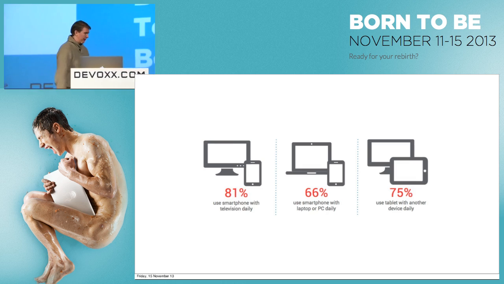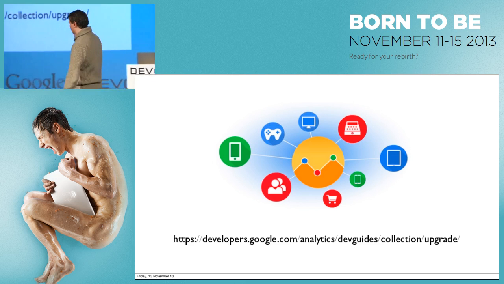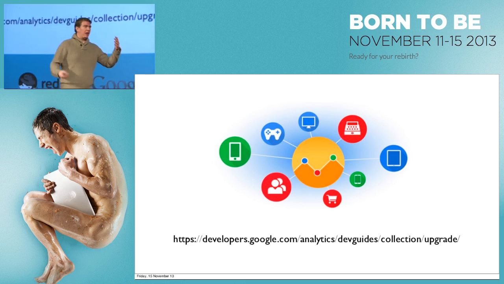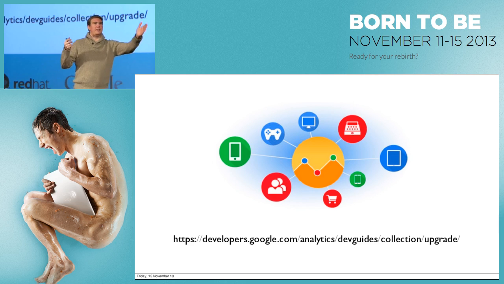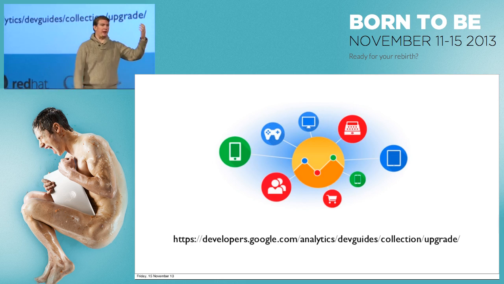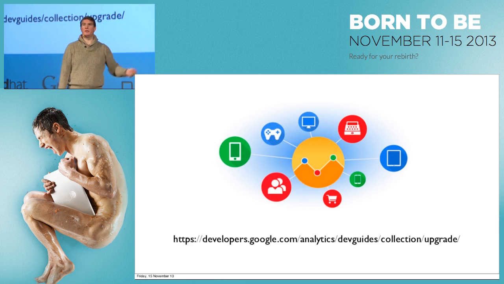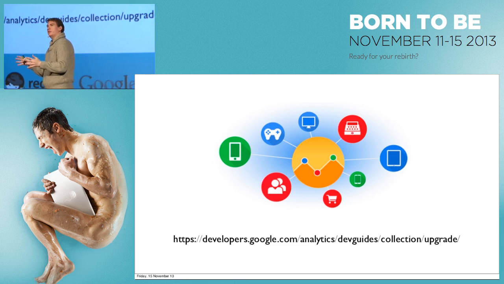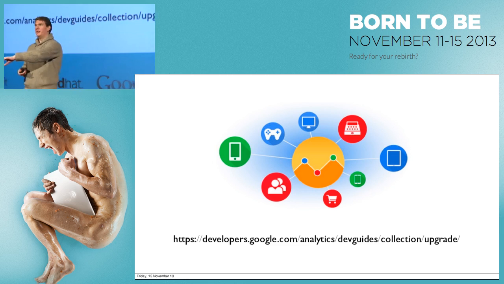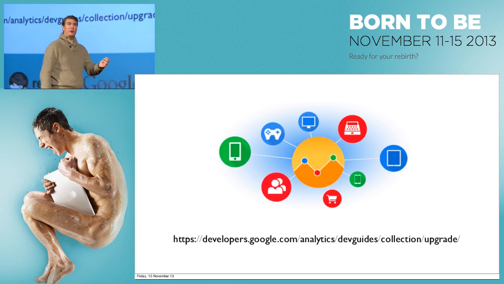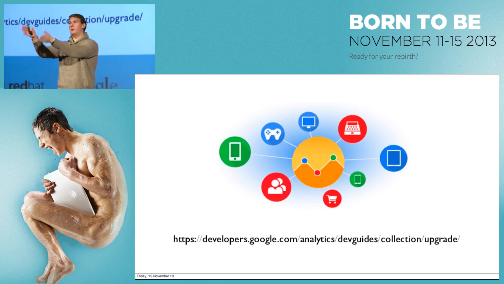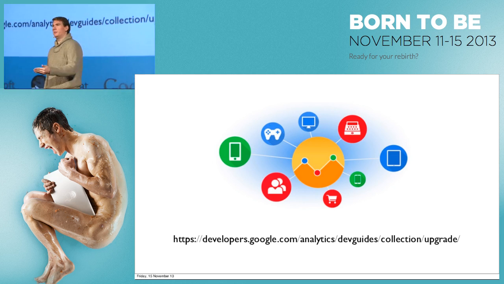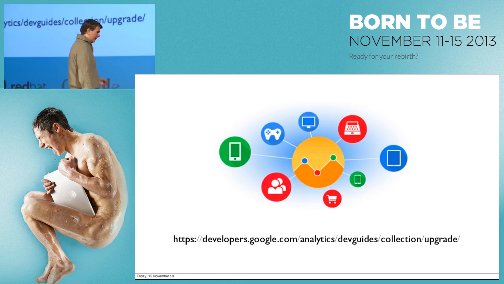That was very much the idea behind what the analytics team did. I think this was I/O, they started talking about this, which is Universal Analytics. And the idea is you can do something like have a single identifier so that you can track a user who might research something on their mobile phone, who might do some price comparison on their desktop PC, and who might come and make a purchase in store. Someone that's gone through that flow is a valuable customer. But if you don't know where they've done the research and you're only looking at where they made the purchase, you're going to spend your money and, more importantly, your time in the wrong place. You're going to spend your effort optimizing something which isn't actually where the user is.